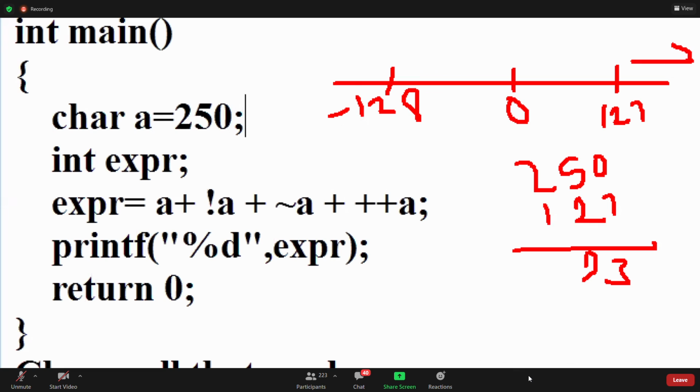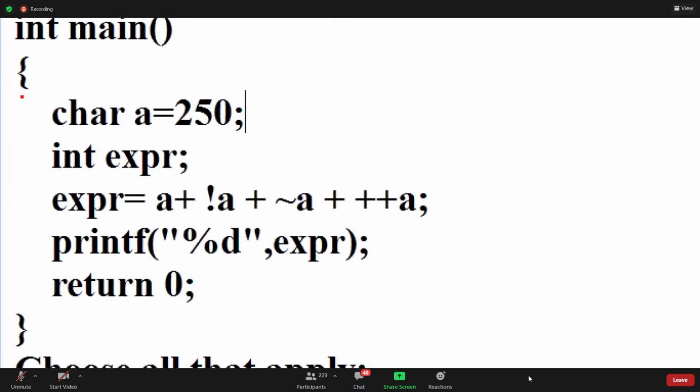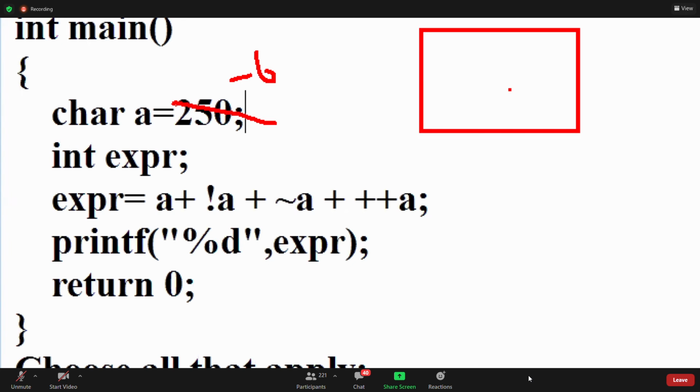Now this value is how much? 123. You have to subtract. N is exceeding by n minus 1, so you have to subtract 122. You get minus 6. Initially this value is minus 6, guys. If you take 250 also, then it is minus 6. This is the i value, guys. This i value is minus 6.